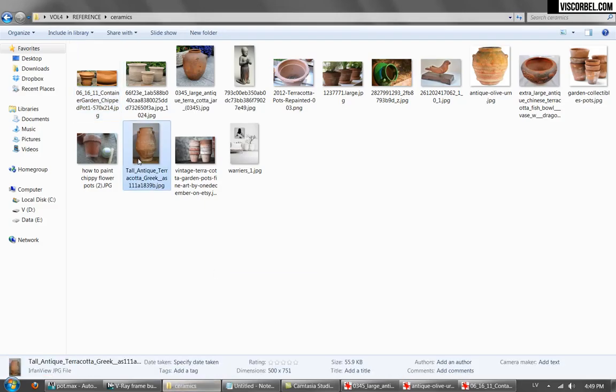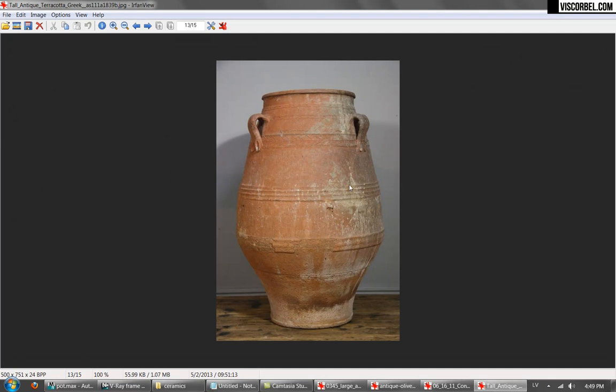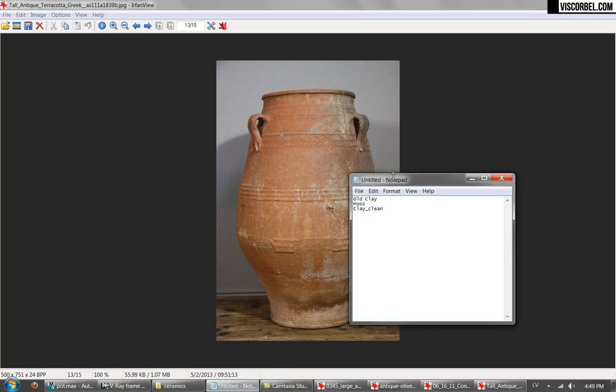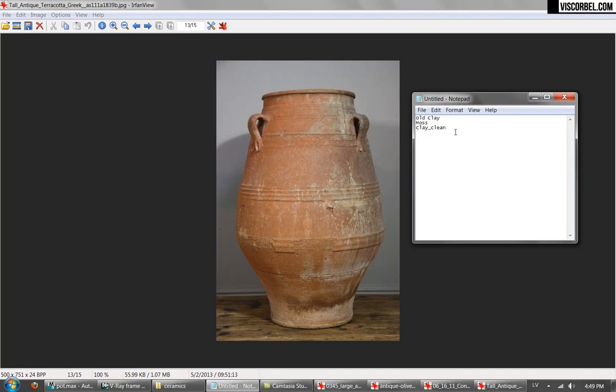And maybe let's add another layer for this mud that is on top of the clay itself. We could do it as a part of our old clay layer, but I think I'm gonna go with a different layer just to make it easier to adjust. And that's gonna be mud. So we have 4 different layers,